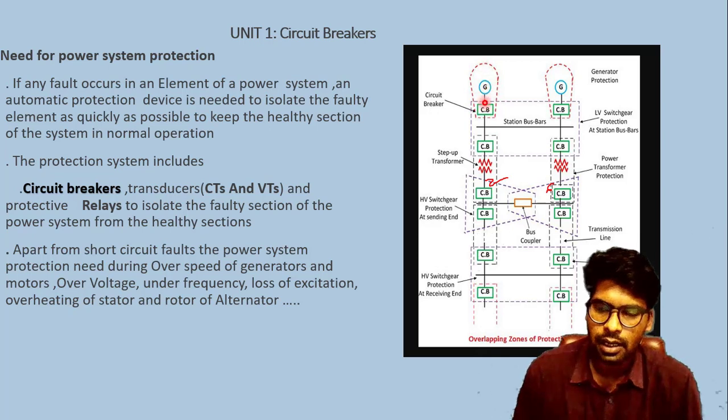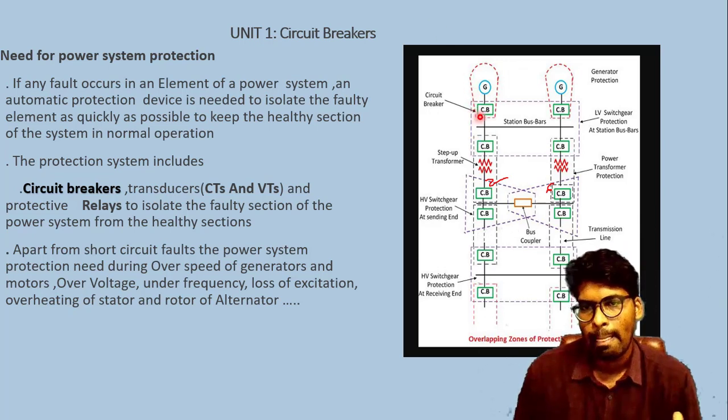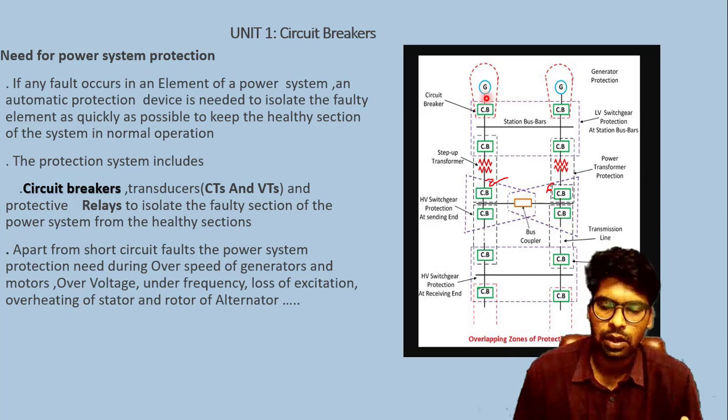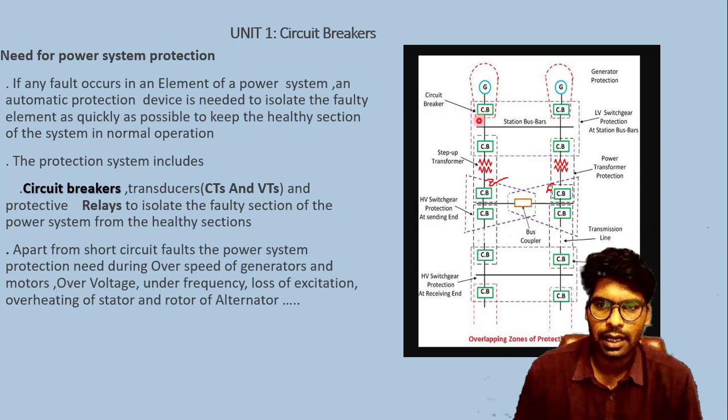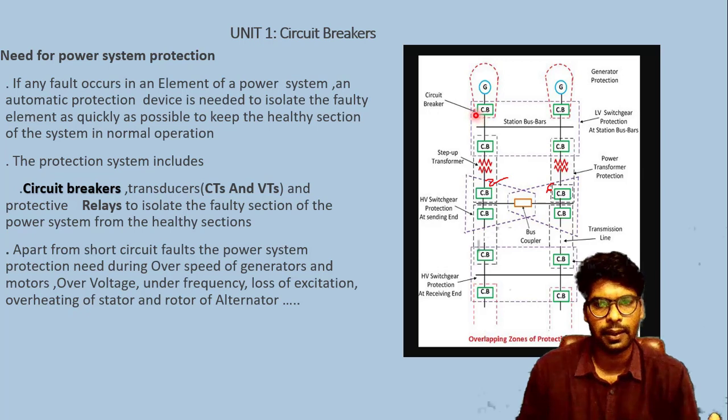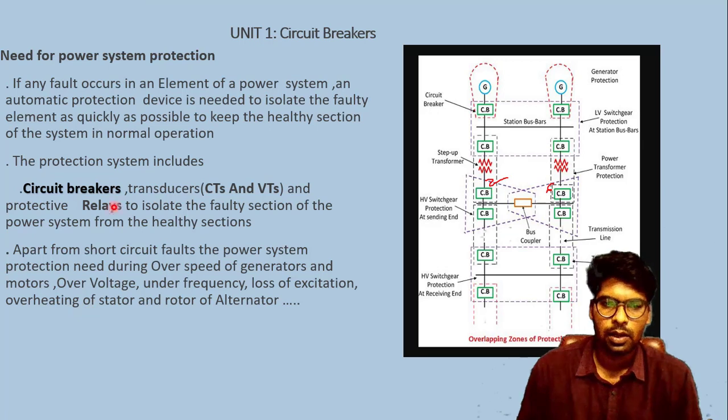If anyone is operating a power station with two generators, and a fault occurs in one generator, what happens? Instead of shutting down the whole power system, you need to shut down only that one and run the other generator. At this time the circuit breaker is isolated by an engineer or some equipment. The circuit breaker operates by a relay.